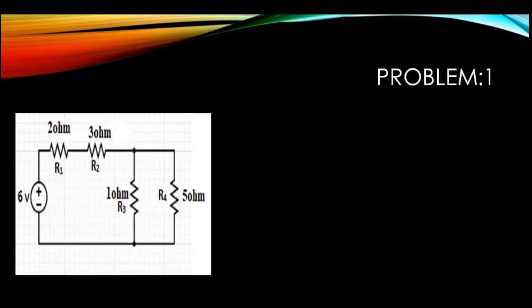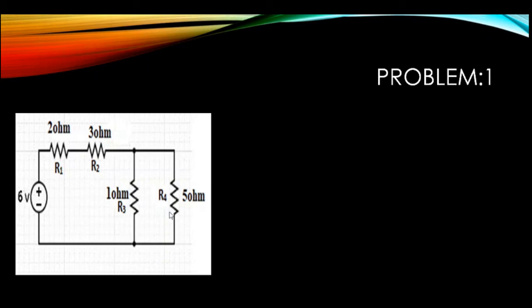Now moving on to the first problem, to find the equivalent resistance of the given circuit. So this is the given circuit. It has a combination of series as well as parallel connection. A point to be remembered is whenever we need to find an equivalent resistance, we always start from our right hand side, that is opposite to the source. We won't start from here. Even though we can solve it here, we won't start from here. This is where we have the internal resistance. So always remember to start from your right hand side, that is opposite to the source.